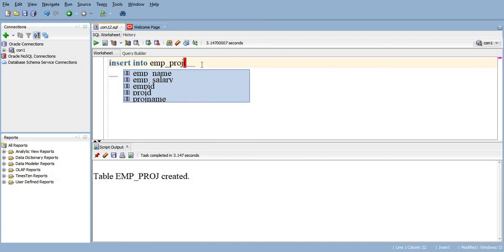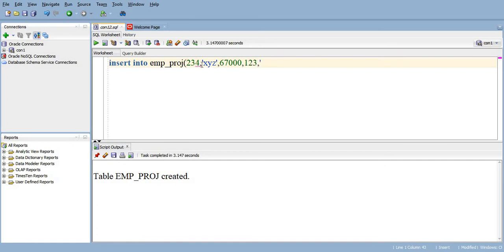The first is employee ID, the name, then salary. Then the project ID, 1, 2, 3.